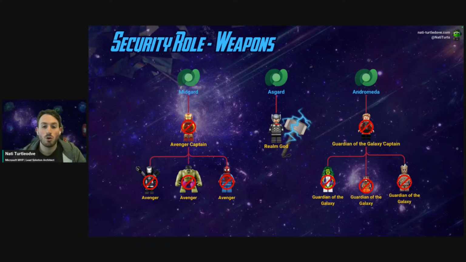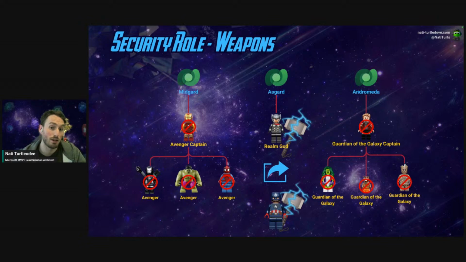If he were to share that record with, say, Captain America within the Asgard business unit, even though our security role says it's on a user basis, because we've shared the record, Captain America would then be able to yield that weapon that Thor owns. So it's pretty straightforward to visualize it like that. Users can only access their own data unless it's shared out or unless it's part of an ownership or an access key.